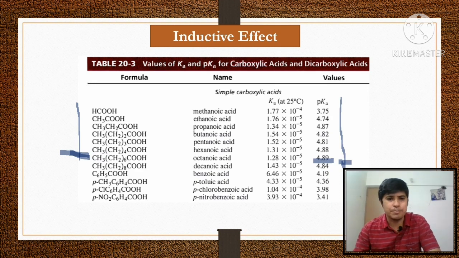Now if we see the examples of benzoic acid and paratoluic acid, these are aromatic acids. Again, parachlorobenzoic acid and paranitrobenzoic acid are also aromatic acids. We will discuss this in the next slide. Here, in continuation of our last lecture, we are discussing acidity of aliphatic carboxylic acid. Hence, as the electron releasing substituent increases, the acidity of carboxylic acid decreases.